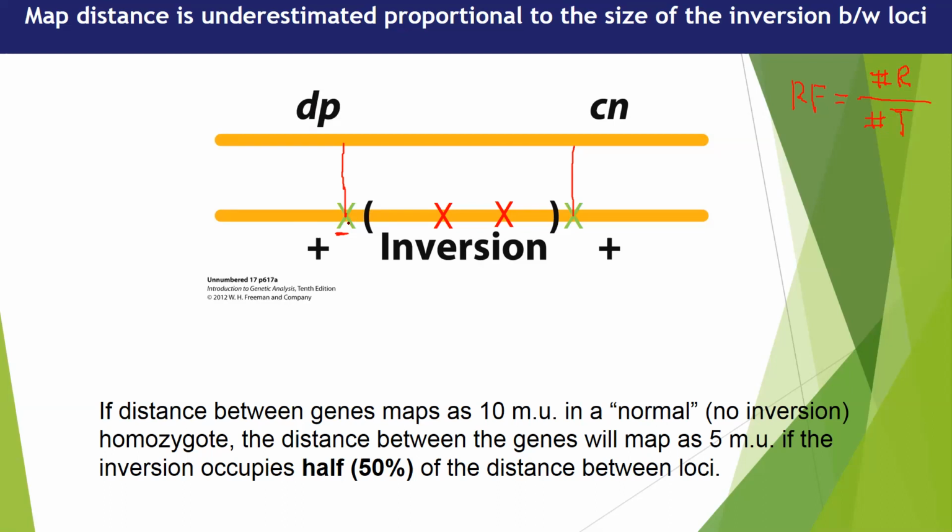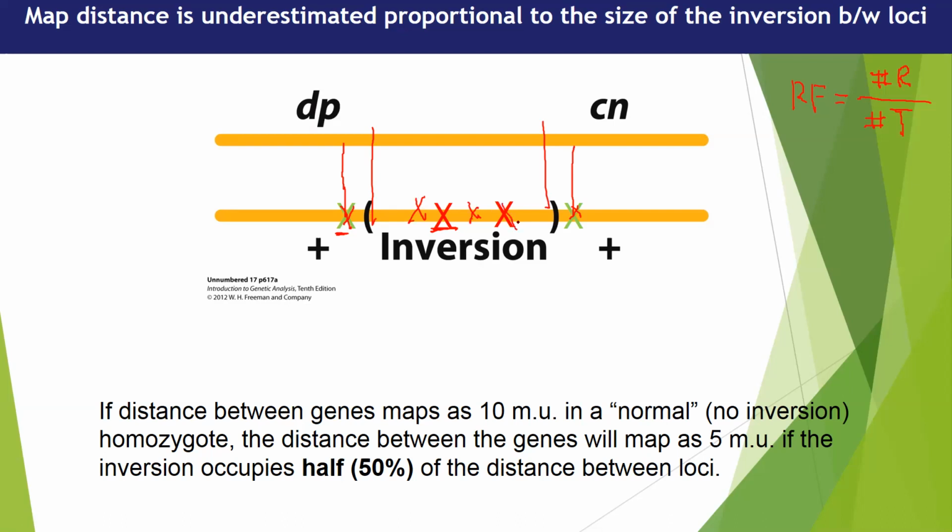Now, if the crossover occurs here outside the inversion, then all the progeny from this crossover will be viable, so they can survive. The same here. However, we have learned this: if there's a crossover occurring within this inversion region,